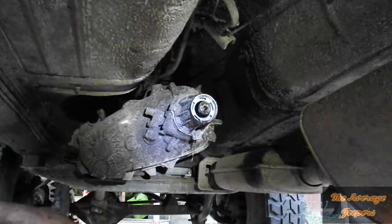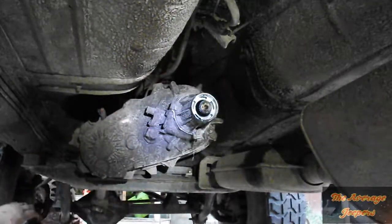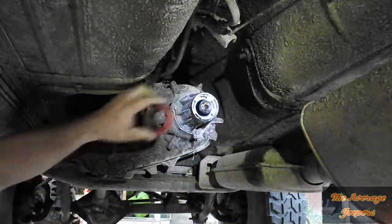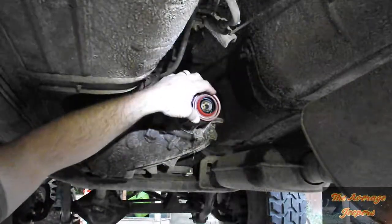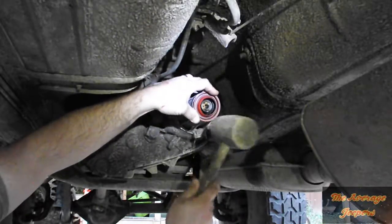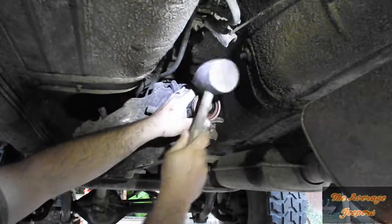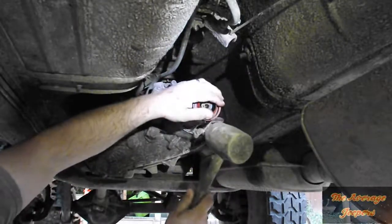Alright guys, we're back from O'Reilly's with the right seal. And we're gonna just tap this thing in, and I recommend if you have one, use a rubber mallet. And then again,